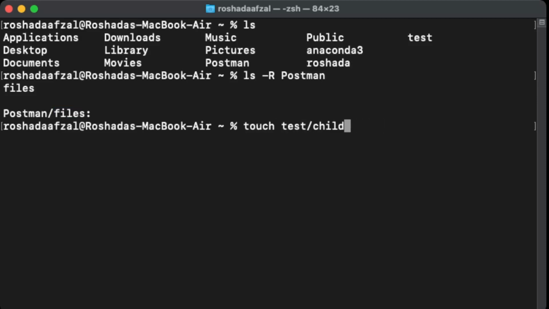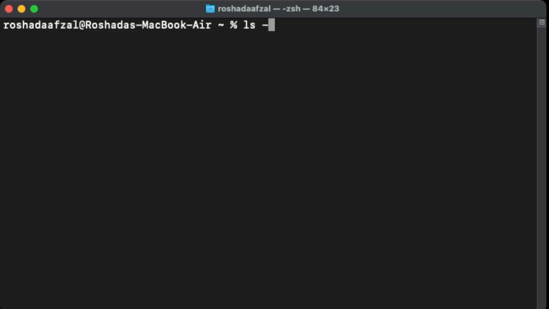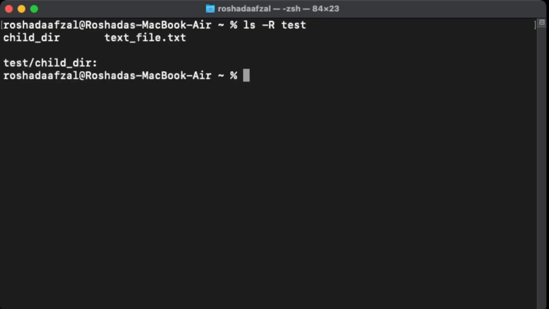Let's create a new empty file in the test directory by using the touch command. If I do ls -R test, it will recursively show whatever is inside of that test directory. In this case, it has one folder called child directory, which is empty, and there is one file, textfile.txt, which